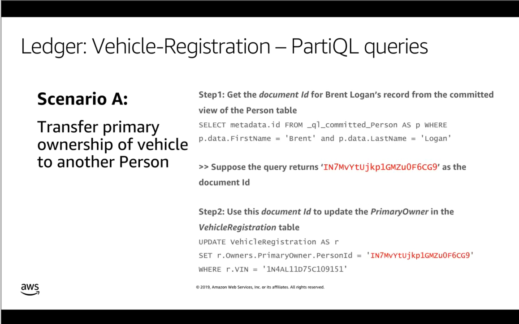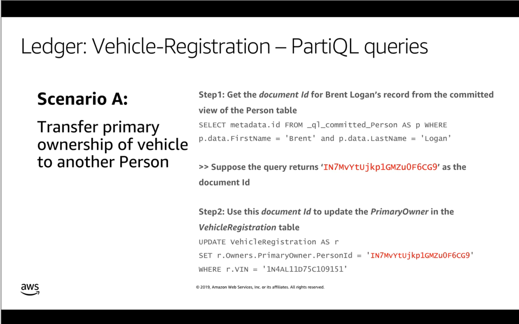In this particular scenario, we are going to be showing how to use certain PartiQL queries to achieve certain outcomes. The outcome that we are trying to seek is to transfer the primary ownership of the vehicle to another person. As we noted from the vehicle registration table, the document contained two attributes. In the owner's attribute, there were two distinct attributes, the primary owner and the secondary owners. So in this case, we are going to be modifying the value of the primary owner